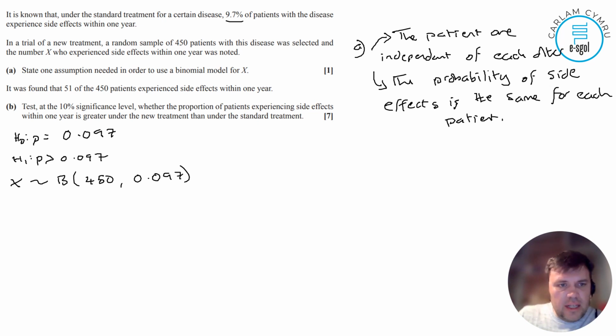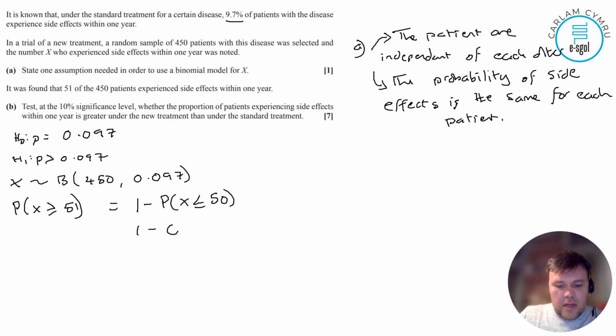We're saying that the probability that X is greater than or equal to 51 is equal to 1 minus the probability that X is less than or equal to 50. And then that would be 1 minus 0.862, which is 0.138. So 13.8%